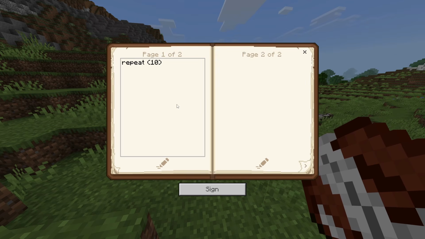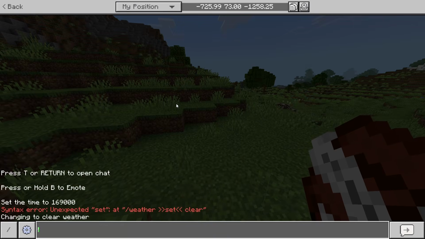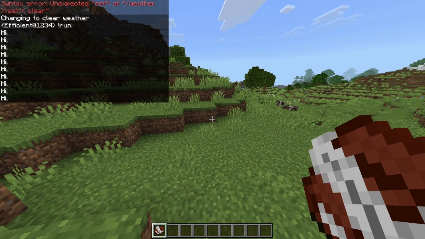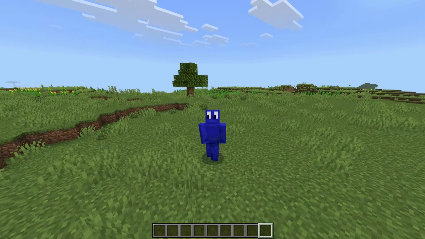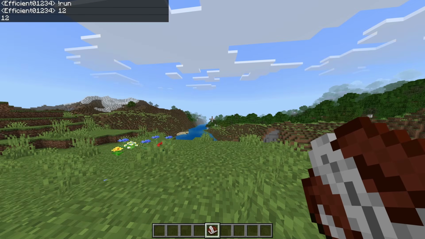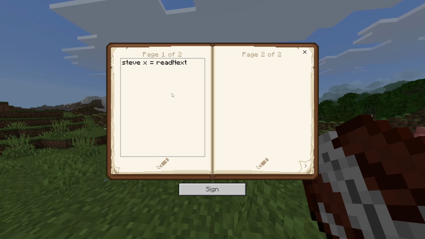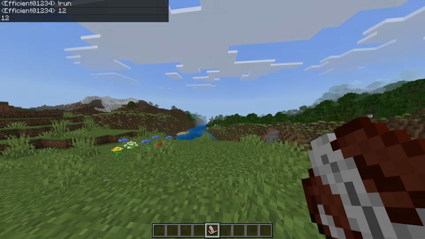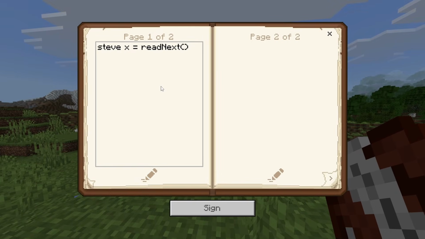I can write repeat 10 and then the code and then repeat end. And when I run it, it sends the message 10 times. And finally, this isn't really needed, but it does make the language easier to work with, which is accepting user inputs from chat. I will call it read next, which tells the language to read the next thing user types in chat. Now I had to find a way to halt the executor at this line until the user types